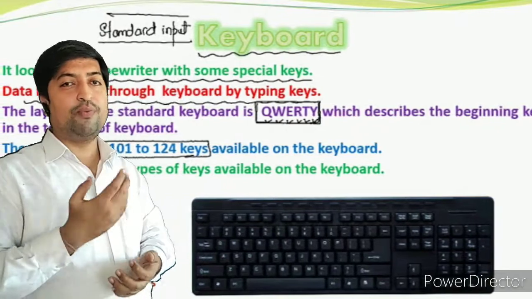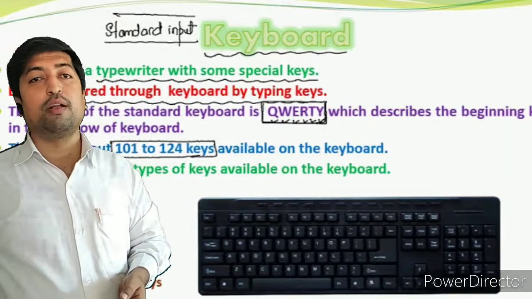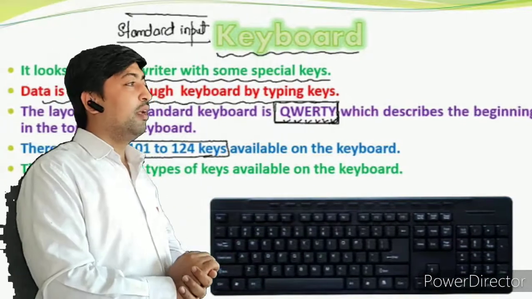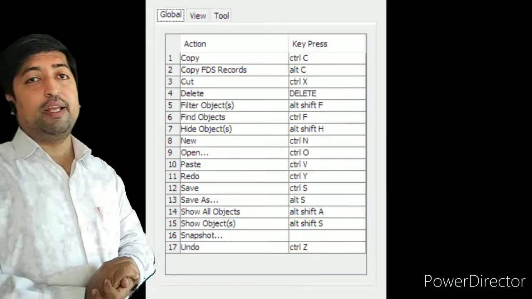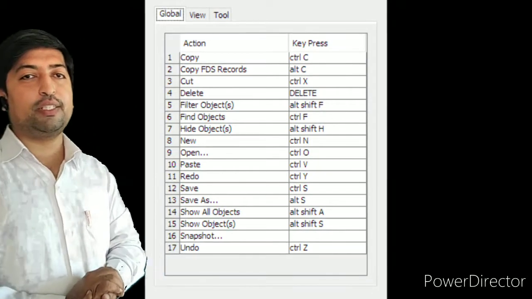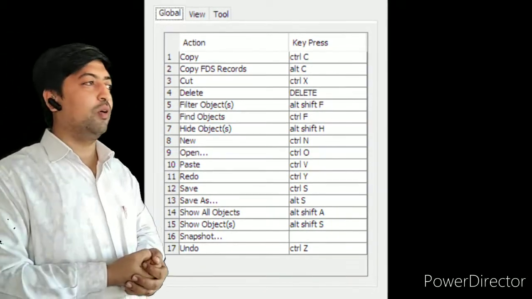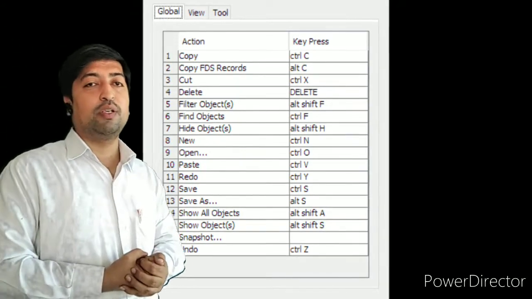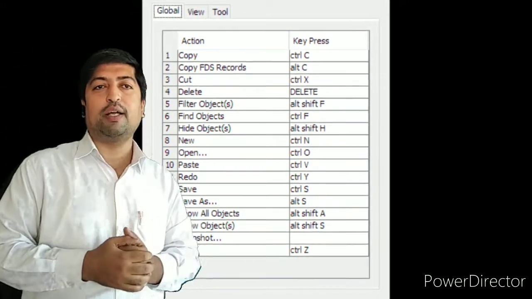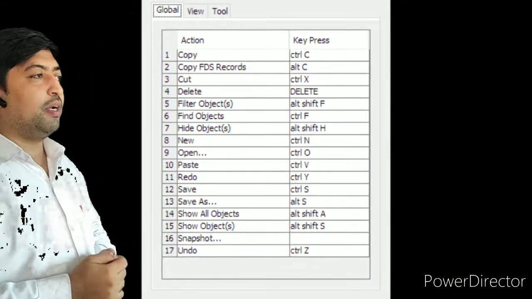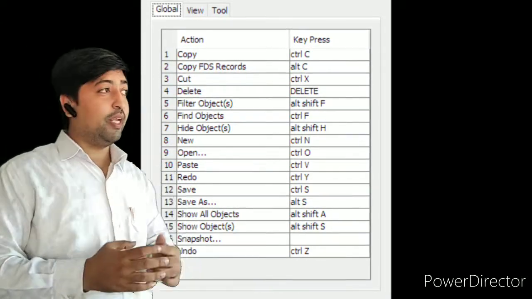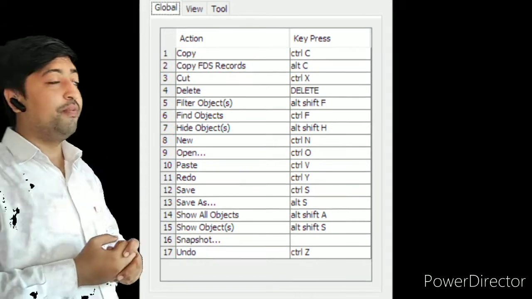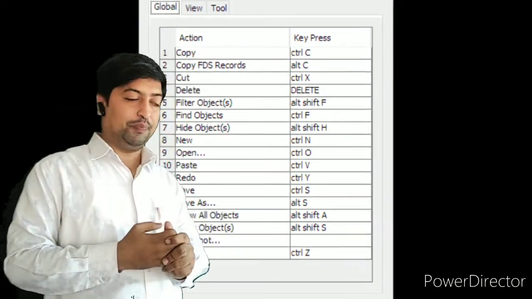The F1 key is useful to get help, okay, and the F5 key is useful to refresh our computer system. We can refresh by right click of the mouse and the refresh option is there, but instead of this we can directly press the F5 key to refresh our computer.